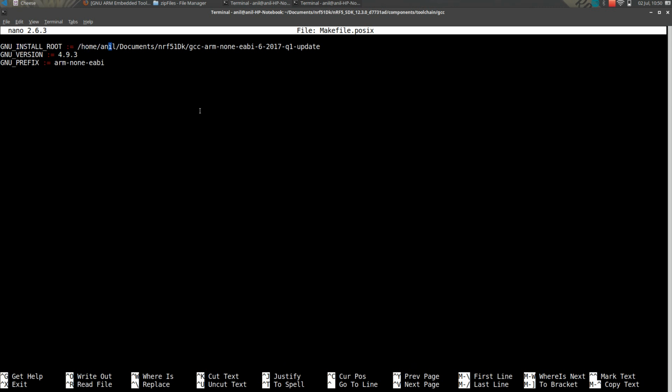You need to add this. This is the ARM GCC toolchain folder. Initially we set the path for the bin folder, but here we need to add the root folder. Then for you it will be the default one. You need to replace this with your ARM GCC folder.